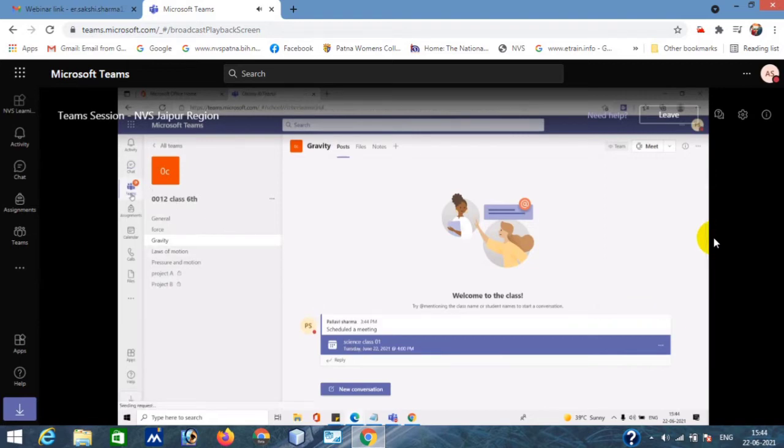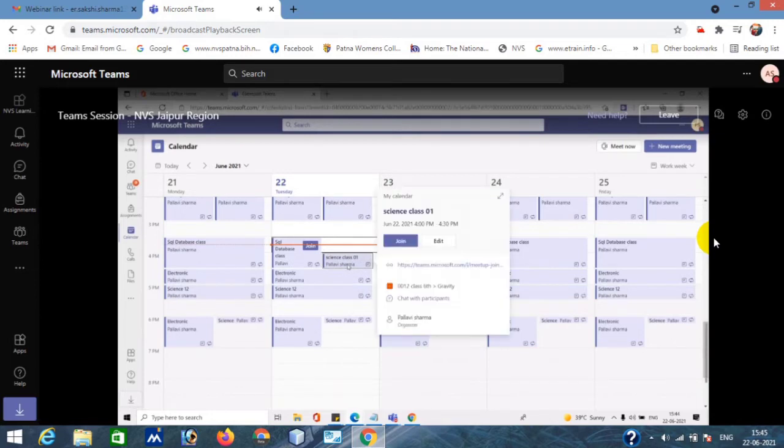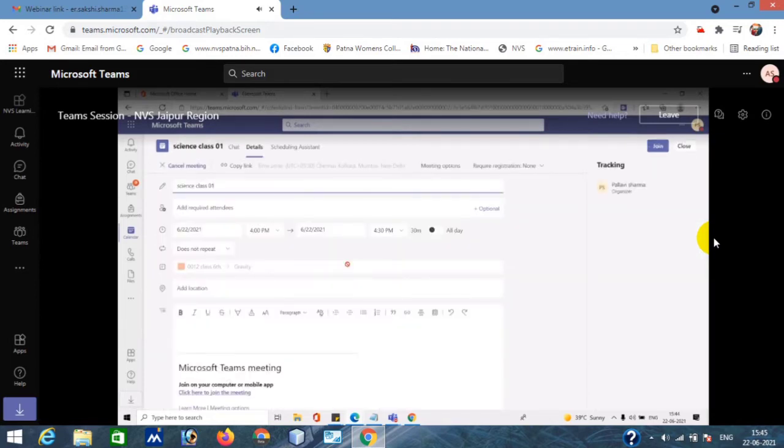Now the next option is, go to the calendar again. Now you can see this meeting is just scheduled. If I open this meeting again, I want to do some additions to it. If I want to cancel, I can click on cancel meeting. If I want to get the link of this meeting, I can click on copy link. And there are some meeting options, like if you want to impose some restrictions on this meeting. Let's suppose you don't want your students to join this meeting before you join, right? You want students to take approval from you, so you can impose such kinds of restrictions in meeting options. So you can click on meeting options, right?